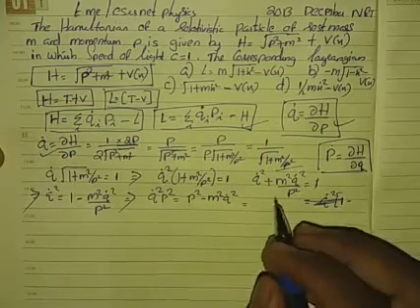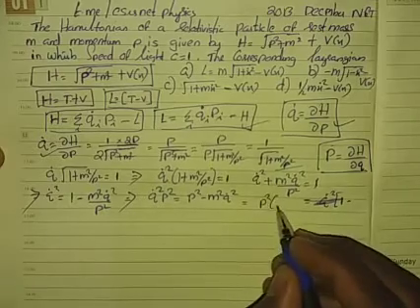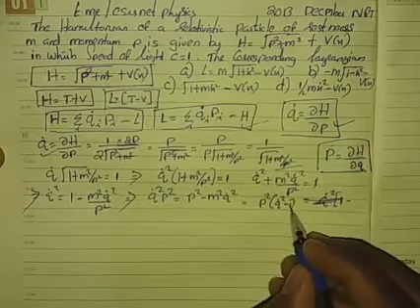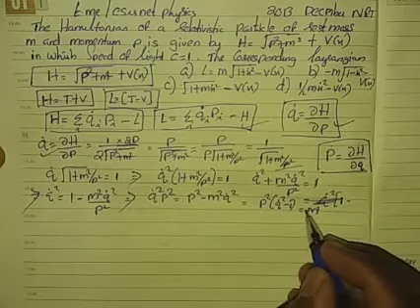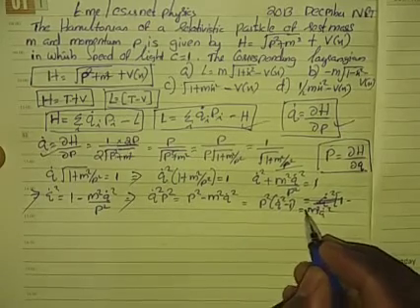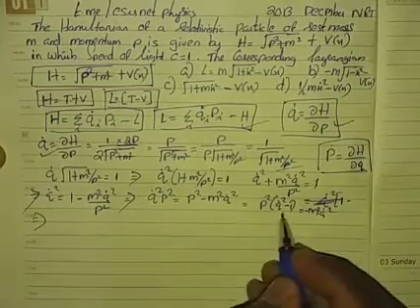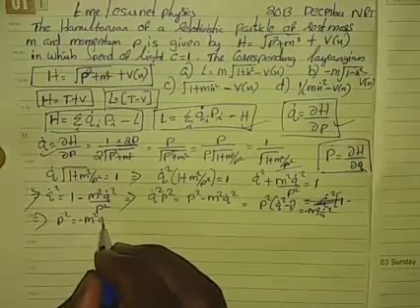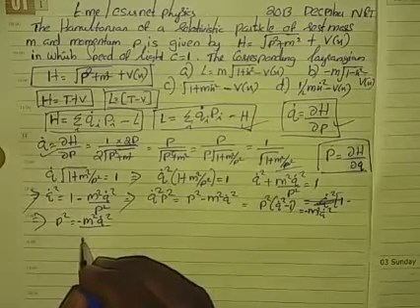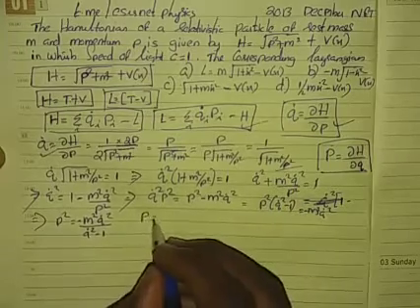take p square out and get this on to this side, and you get p square into q dot square minus 1, which is equal to m square minus m square q dot square. There is a minus sign there. So this will look like p square is equal to m square minus m square q dot square by q dot square minus 1. So p will be equal to